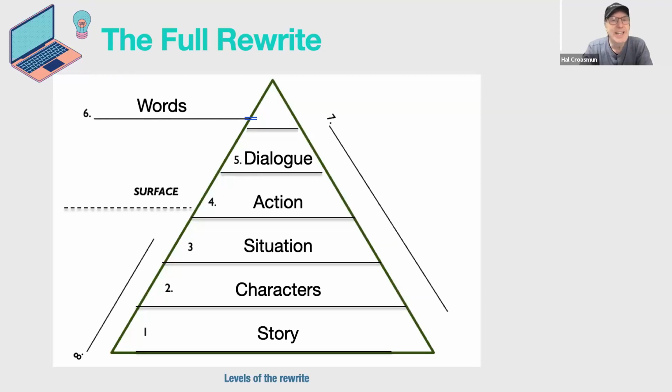And then above that is the action. Now, I'm going to say there's 2 kinds of action. There's other ways we can think about it, but I'm going to say there is meaningless action and meaningful action. Meaningless action doesn't mean something bad about you as a writer. It just often means what you've done is what actors call busy work, right? You have given these characters